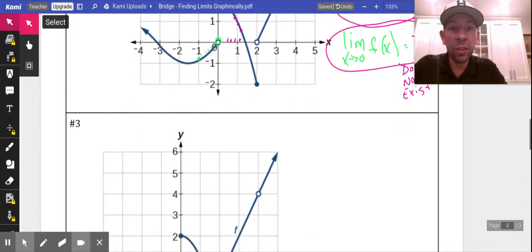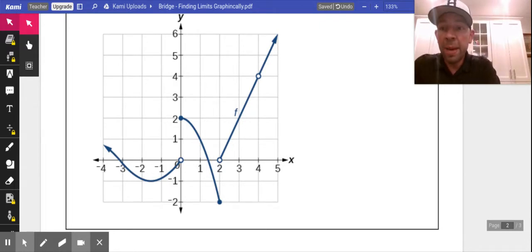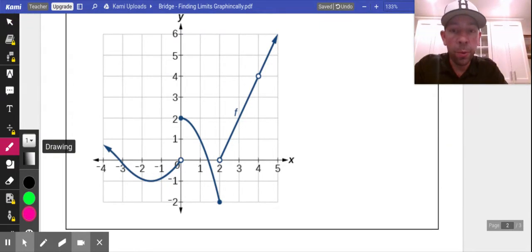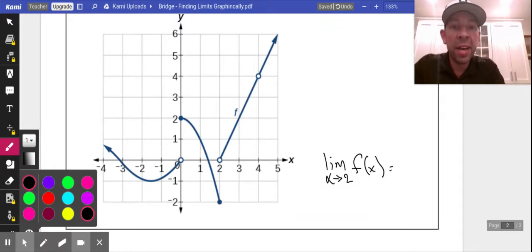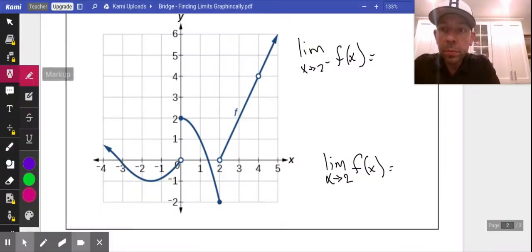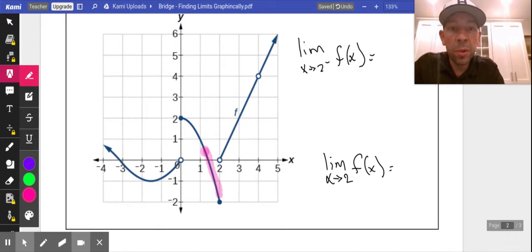All right, let's take a look at the same picture. Let's ask ourselves what's happening as x approaches 2. What is the limit as x approaches 2? Now, again, we're going to step back for a second and do the one-sided limits. What is the limit as x approaches 2 from the left? What you'll see happening here is pretend you're standing right here and you walk a little closer, a little closer, a little closer. And it looks like we're approaching a height of